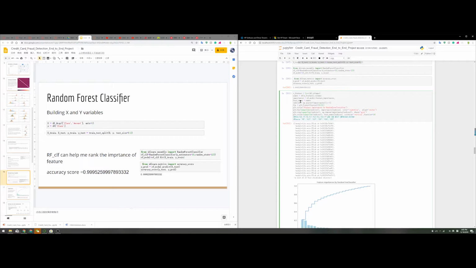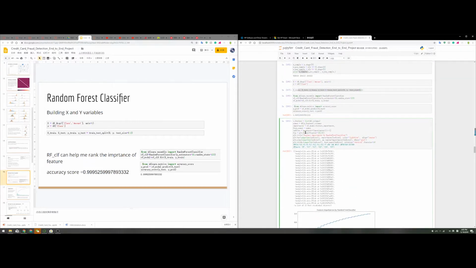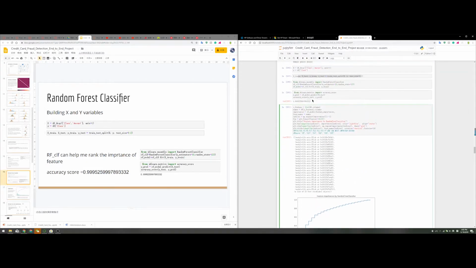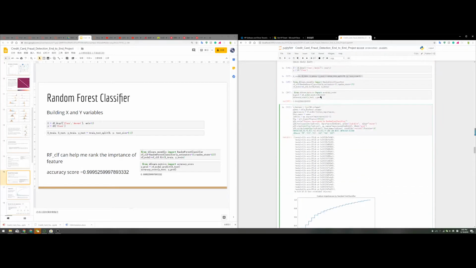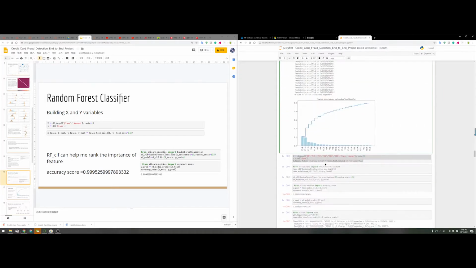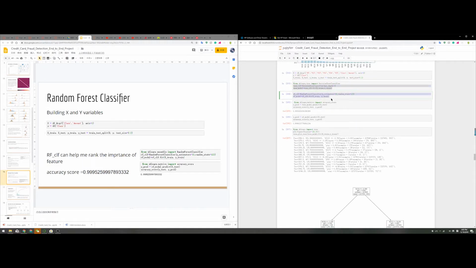In this step, I create a plot with feature names and importance, and the model I use is the random forest model that I did before. After I eliminate these variables, I get a new X, and I do the train test split again. After that, I run the decision tree classifier and rerun the random forest classifier again